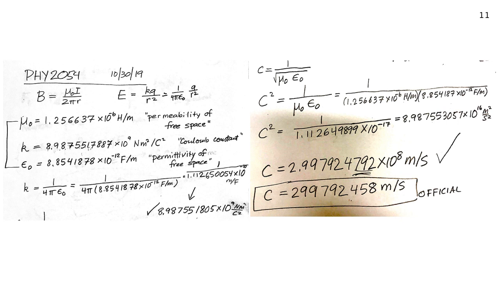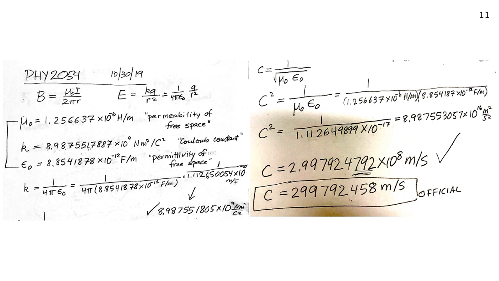So this is the official value for the speed of light, and that is now set. In our calculations, we could have used a few more digits, I guess. When I did it this morning, before class, I came right on the money. So I must have dropped a few digits somewhere. Anyway, we still came pretty close